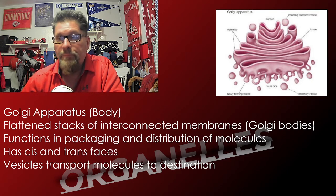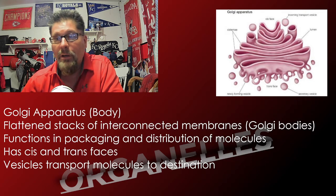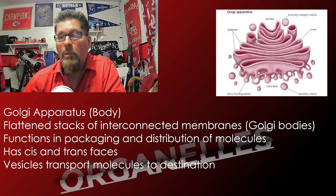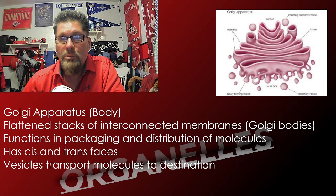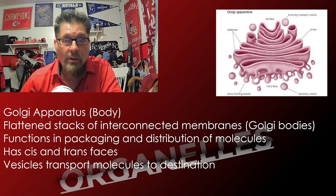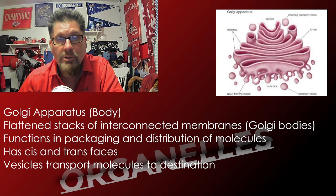Body. And again, a series of flattened membranes, and you can see in the picture beside me that zigzag maze look. But as the proteins and lipids go through, they're prepared and packaged for transport. They're getting ready to go somewhere. It may be across the cell, it may be to another cell. But they're getting packaged up, so they're kind of like the